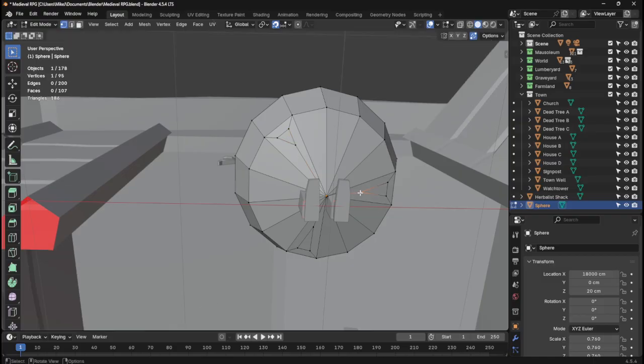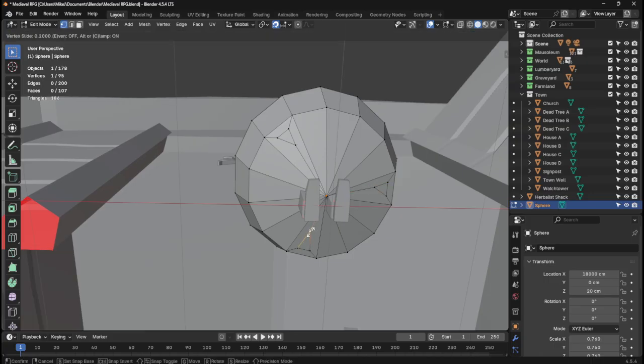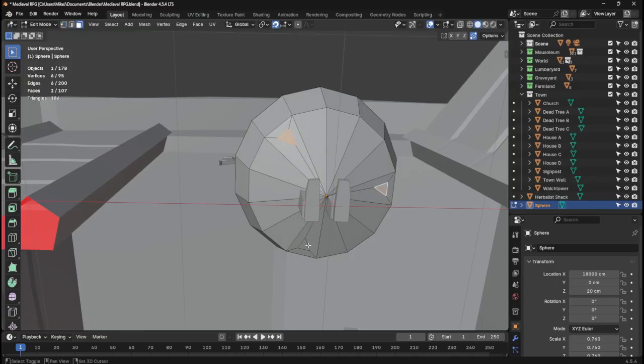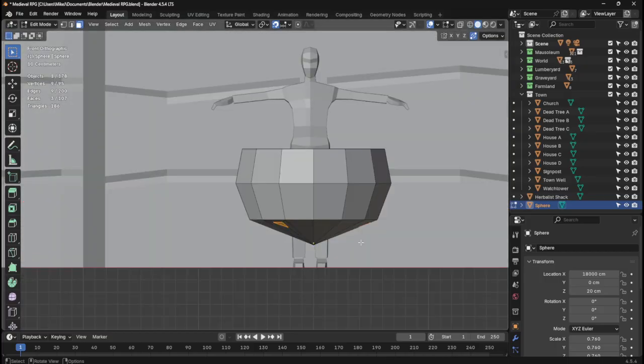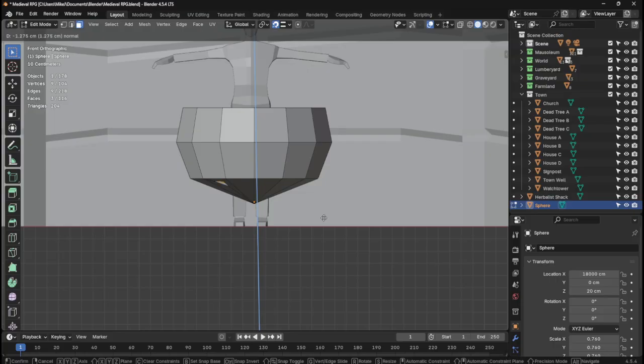Let's just go 5. Right, now what we're going to do is select edge, and extrude to fit that,